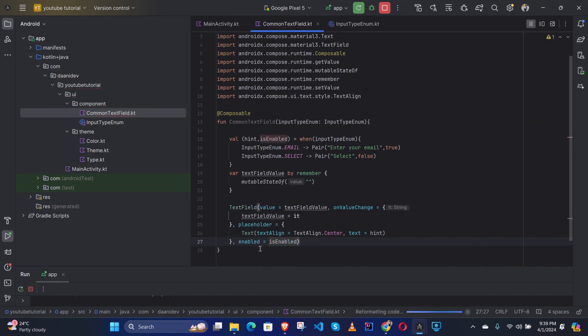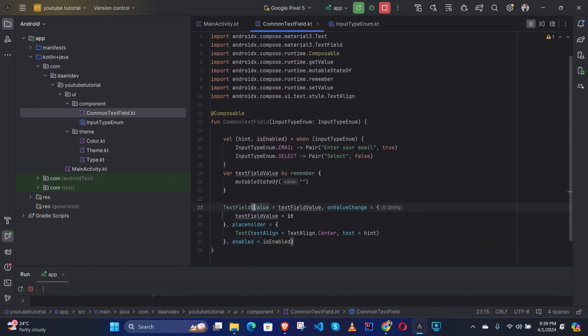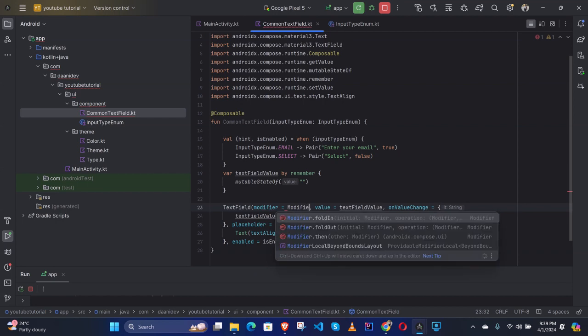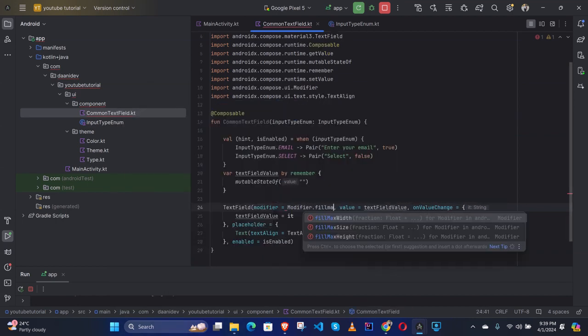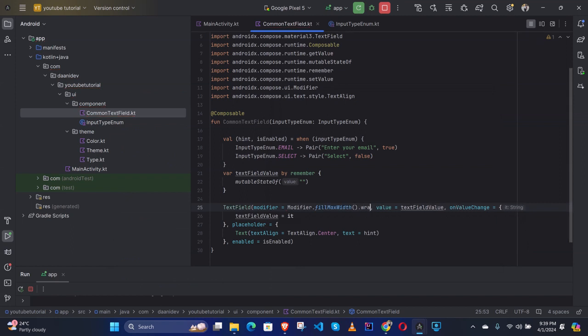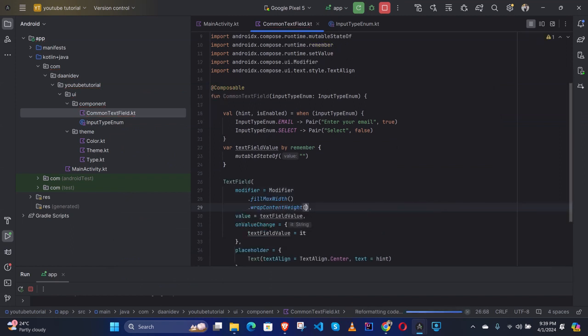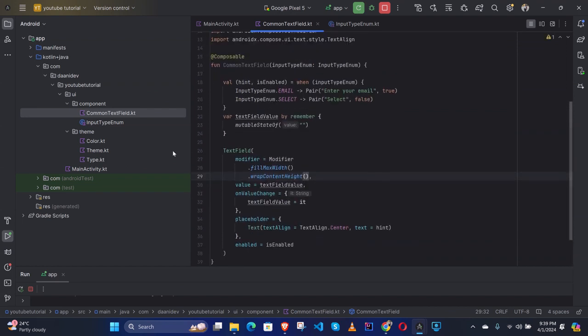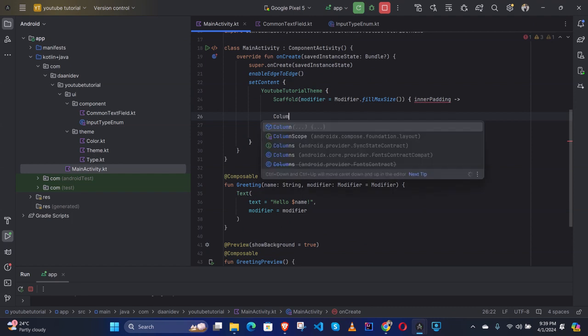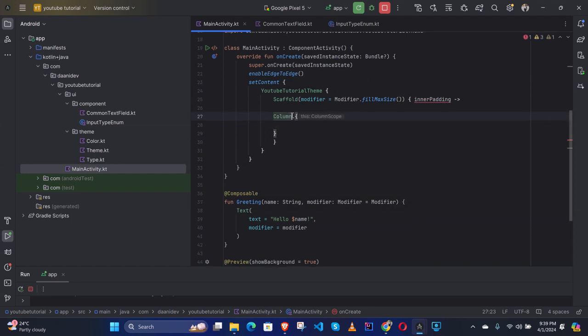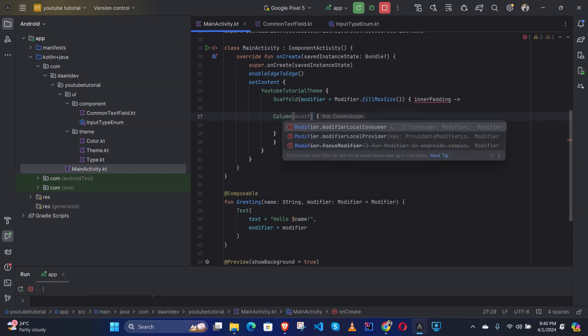Okay, so I'm going to define the modifier here. Modifier dot fill max width dot wrap content height. Okay, so let's get back to the main activity. We need to define the column here. Column modifier dot padding inner padding